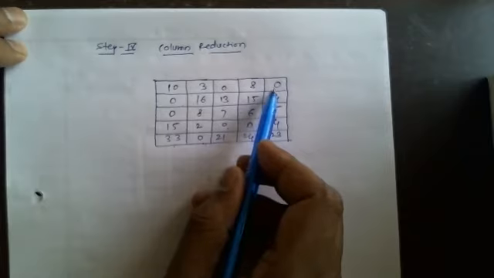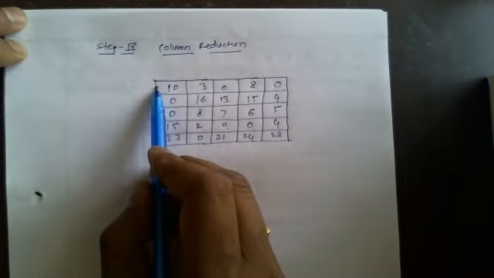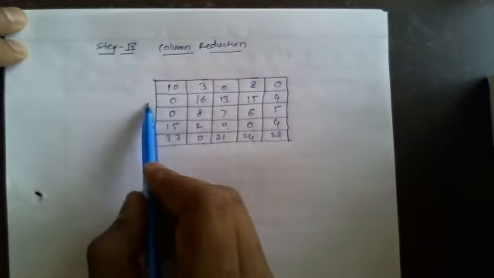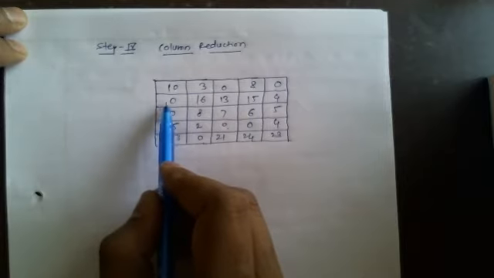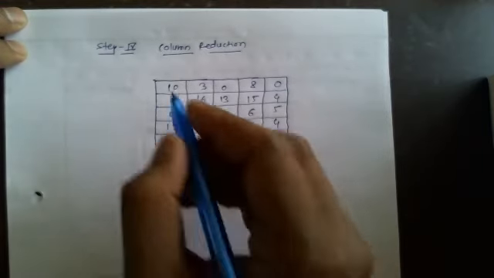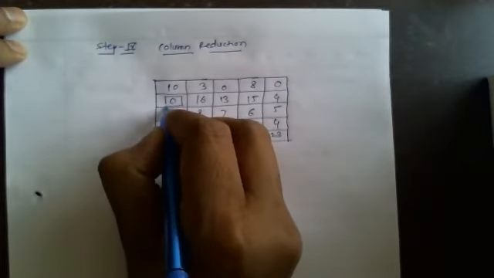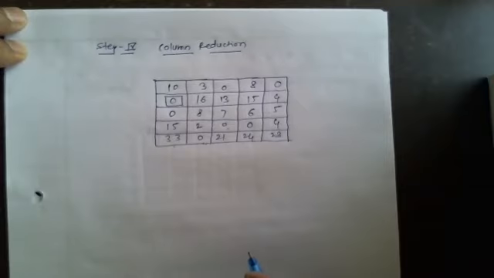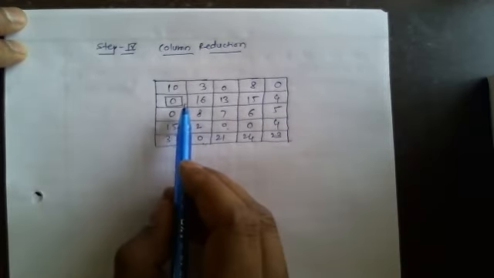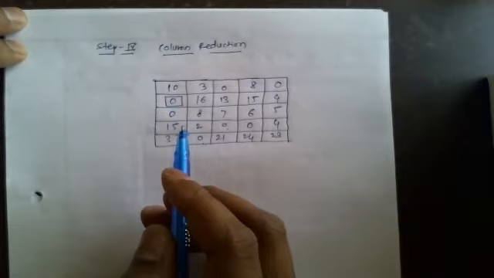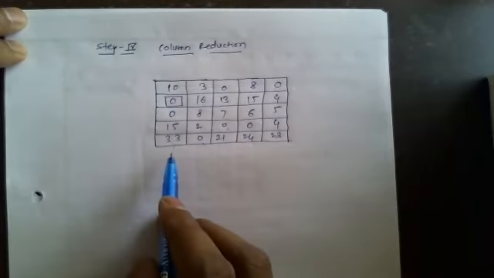So what I will do, I will skip row number 1 and go to row 2. Here in row number 2, there is a single 0. Yes, I have a single 0. Now I will assign this single 0 with a box. And when we are assigning row wise, we have to mark a cross on the other zeros present in that column.